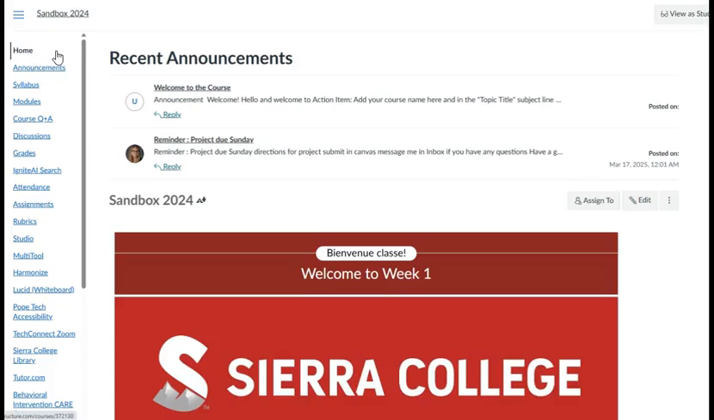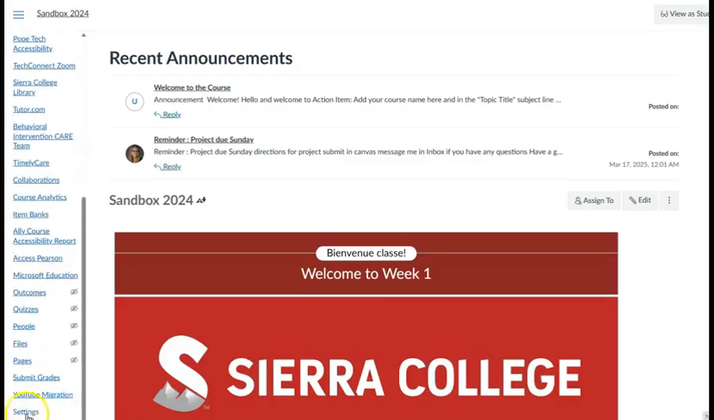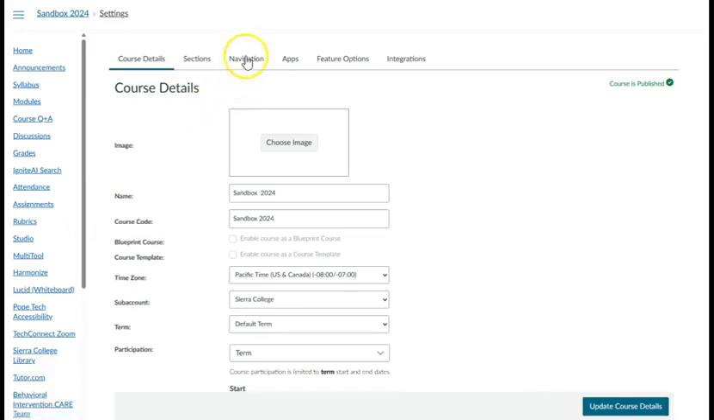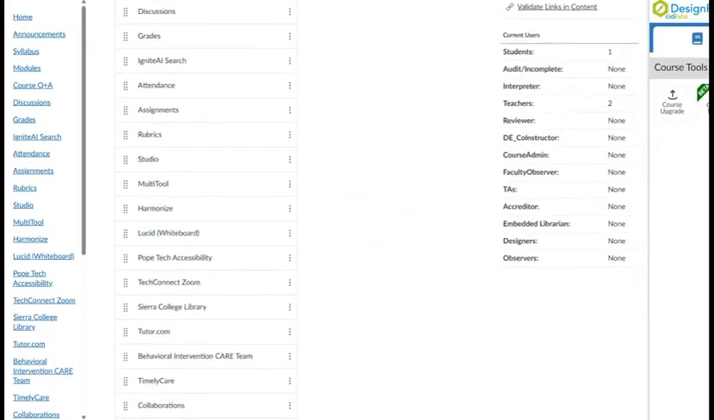Our first step is to come into our sandbox and click on the multi-tool. This may appear in a different location within your course navigation than mine shows here. If you do not see it at all, then you'll need to come down to your settings, go to the navigation tab, and then find where it says the multi-tool,